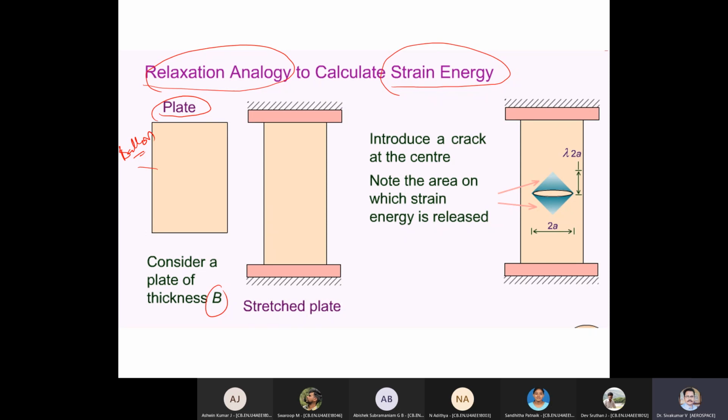Then you stretch that material like this, something like you pull the balloon. Sometimes, if the balloon gets busted, you have the balloon as a single surface, no? Just like you are stretching it. Like that, you can stretch the balloon like this material. In this picture, the stretched plate.